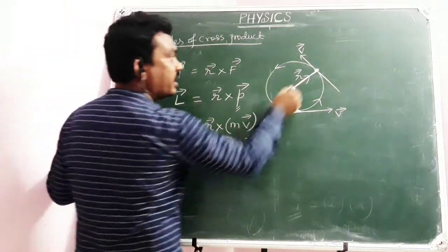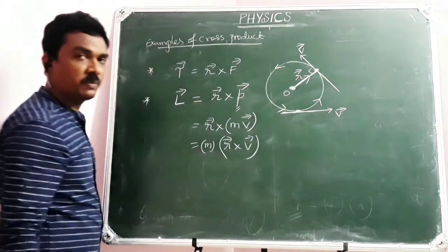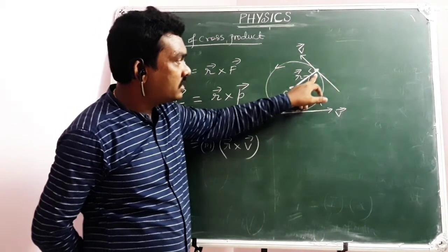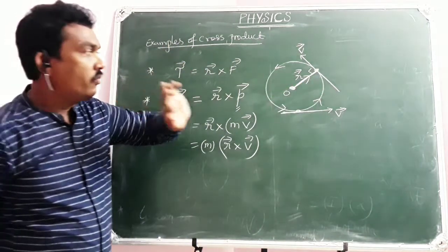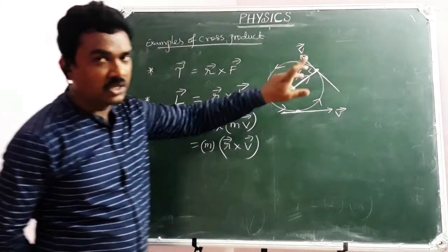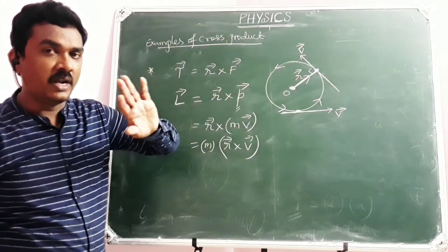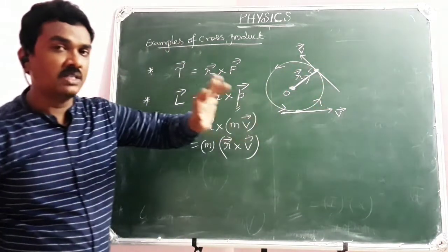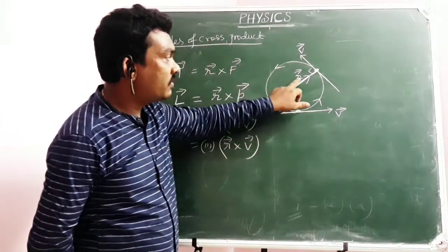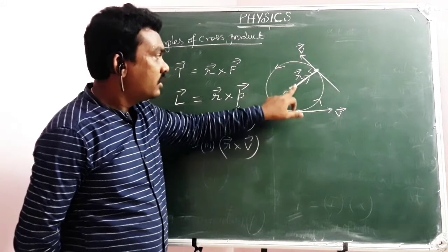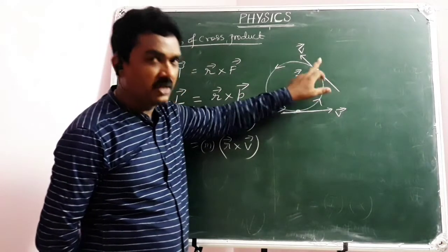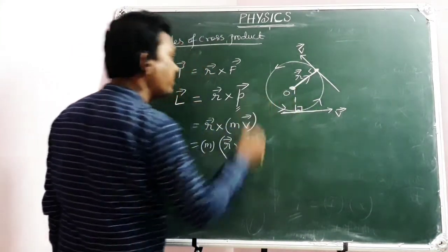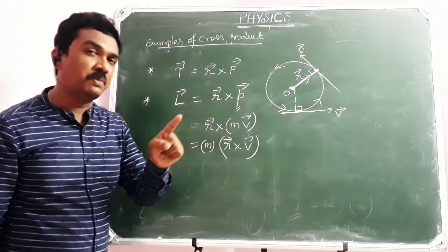But you can see this radial vector and the tangential line are always perpendicular. I repeat, R bar is a radial vector which is always away from the fixed point. V bar is the velocity vector given by the tangential direction. Remember, in a circular track, in a curved track, the radial line and tangential line will always be perpendicular. This radius will be perpendicular to the tangent at that point. Similarly, this radius will be perpendicular to the tangent at this point. So R bar and V bar are always perpendicular.